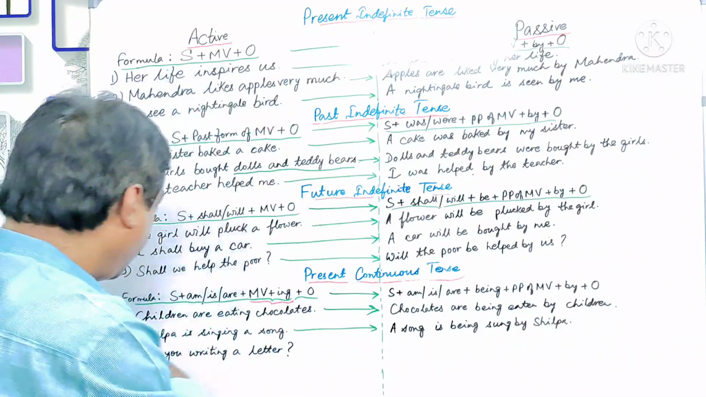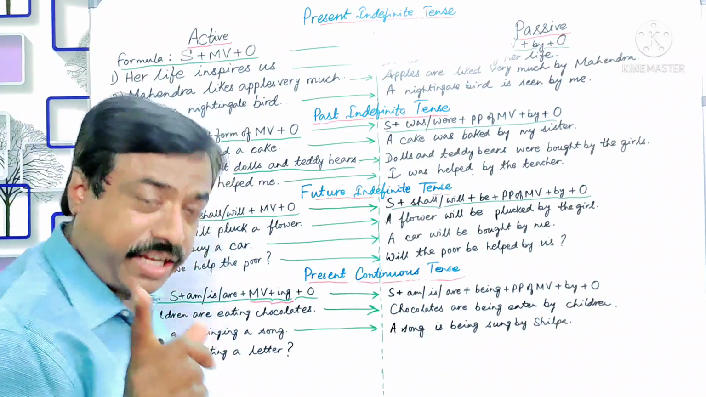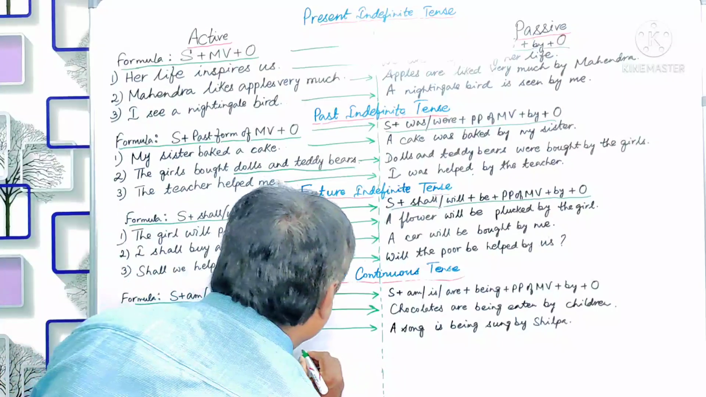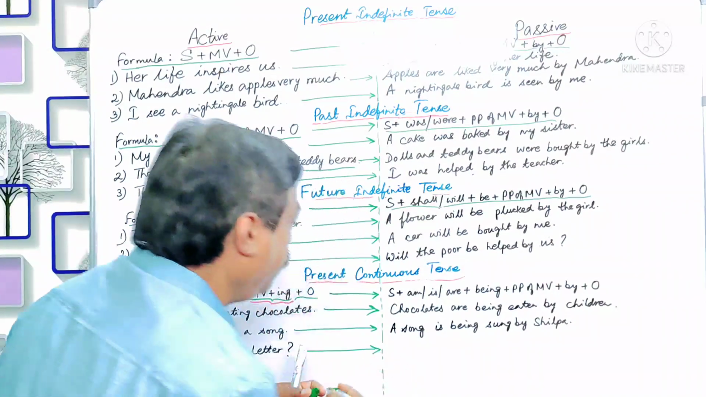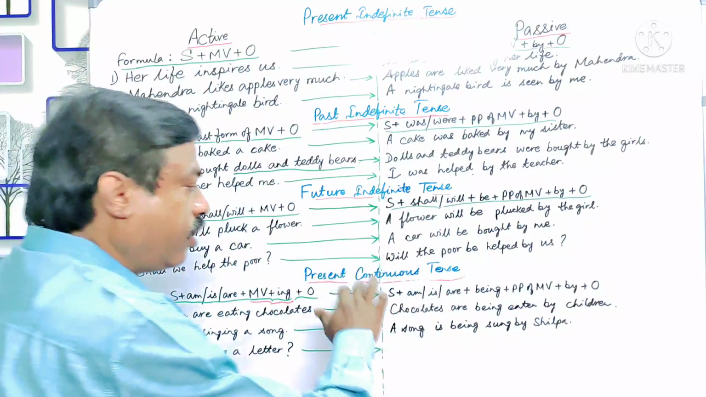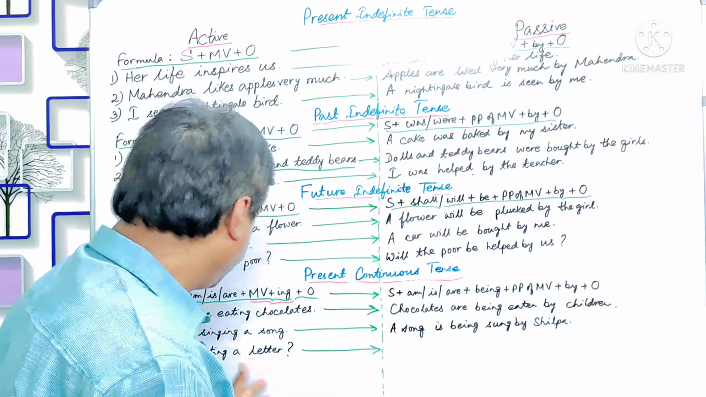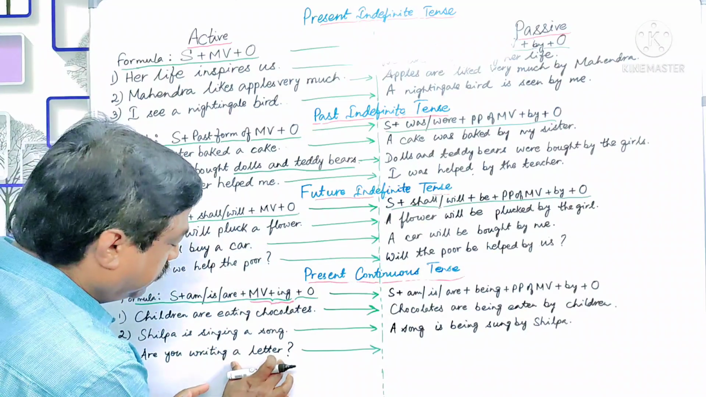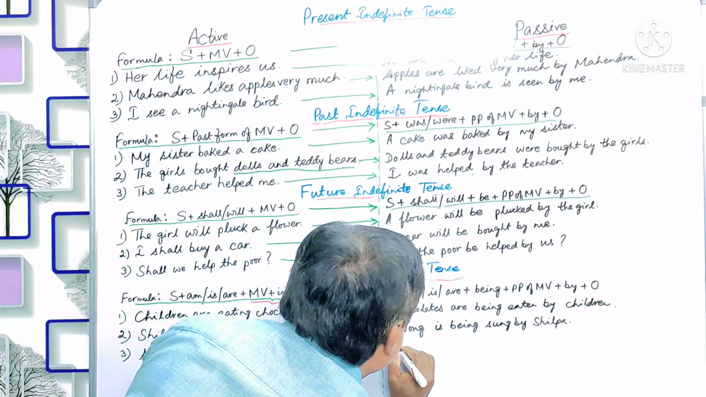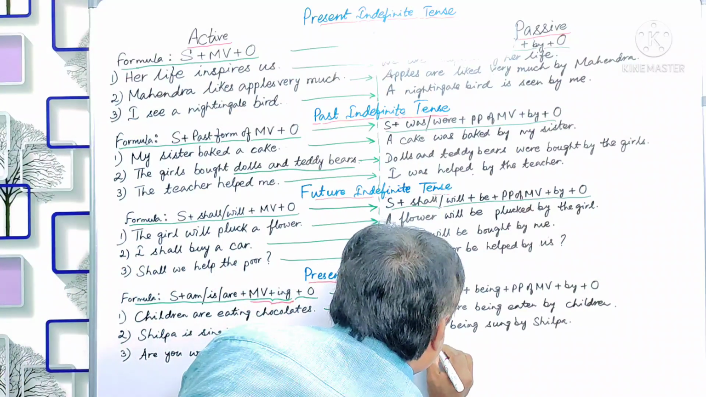And the last one, are you writing a letter? In the interrogative form, are you writing a letter? So in the interrogative form, what happens? Like the previous one also, you have to start the sentence with either am, is, or are. So here it is are. But make sure that here the object is a letter. A letter, that means it is singular form. So we have to use is. Is a letter,